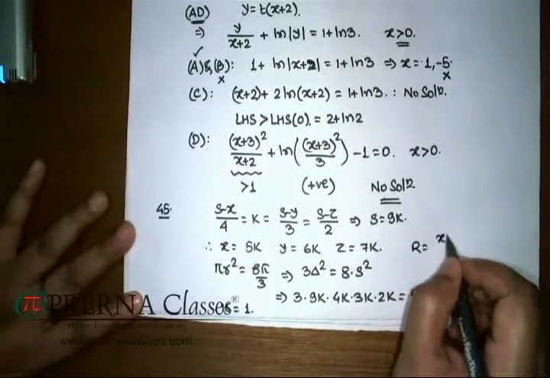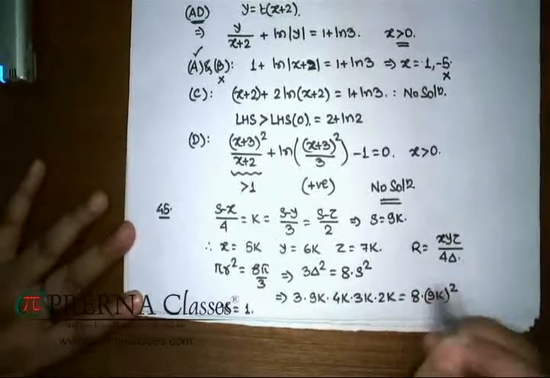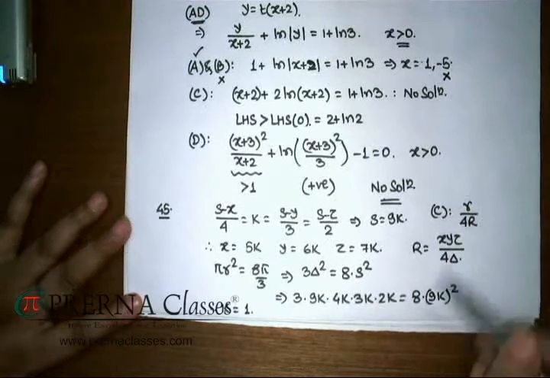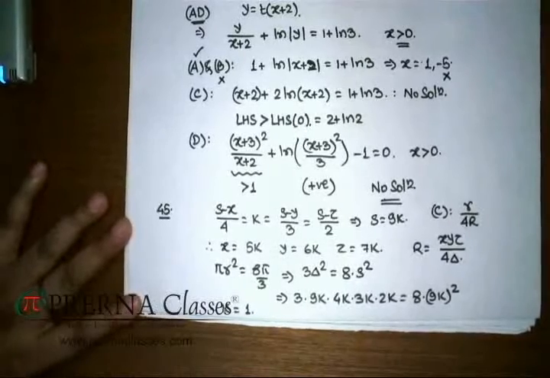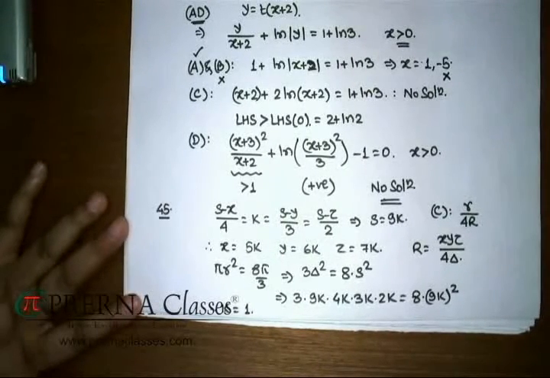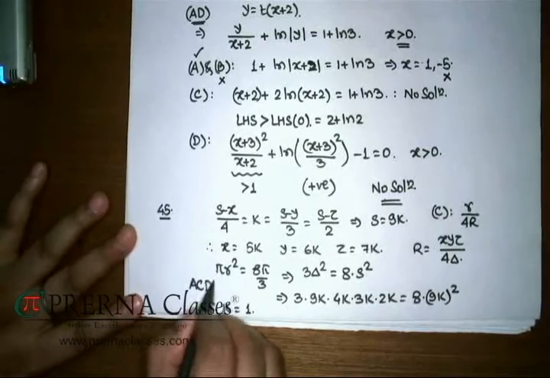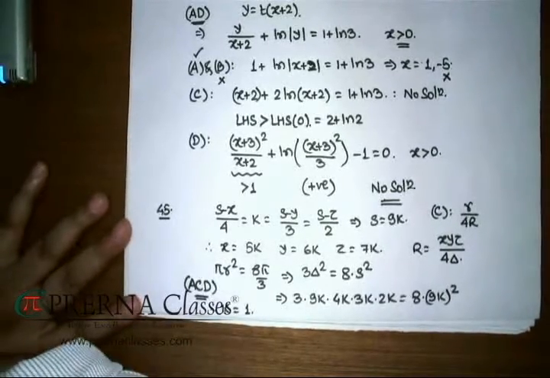Once area is known, circumradius I can safely claim as xyz by 4 delta. So circumradius you can figure out. And the third option is related with inradius by circumradius. Since we know both of them, you can then manage that ratio also. And the last term is nothing else but cos square c by 2, here angle C I am taking as z. Cos square c by 2 I can write as (1 plus cos c) by 2, and cos c you can figure out by cosine formula. So you can check then based on all this information, except the second option, all other options are correct.